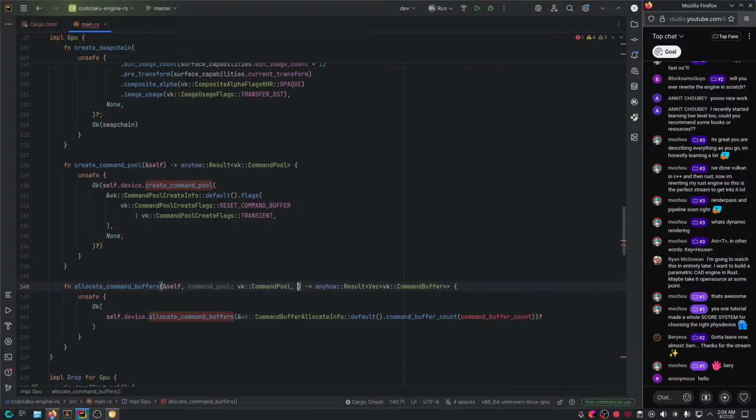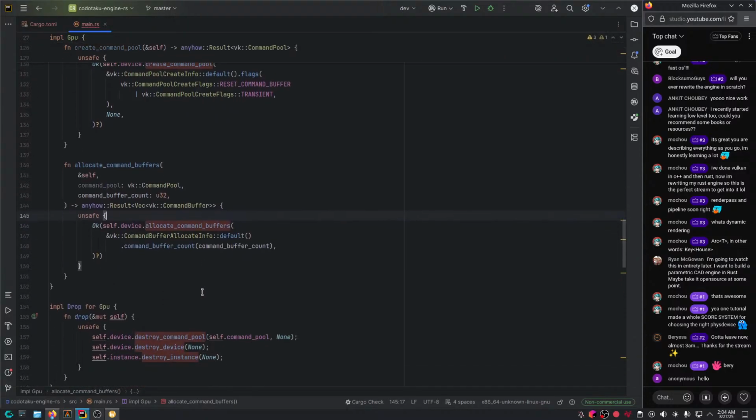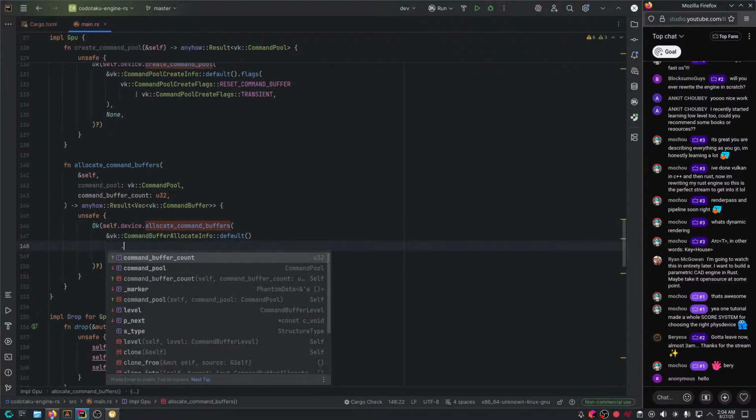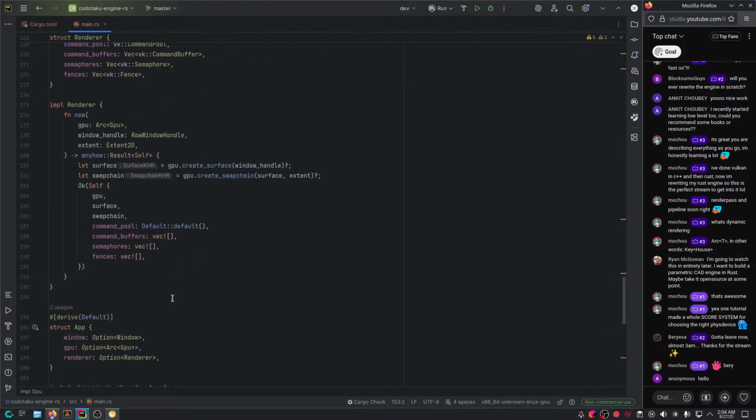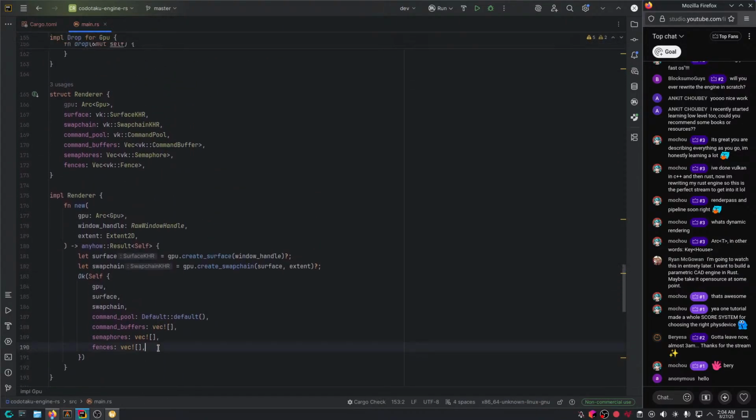U32, I think. Yeah. And there we go. Perfect. And we also need to make sure to put the command pool too. And there we go. Now we could use these functions. Let's go.